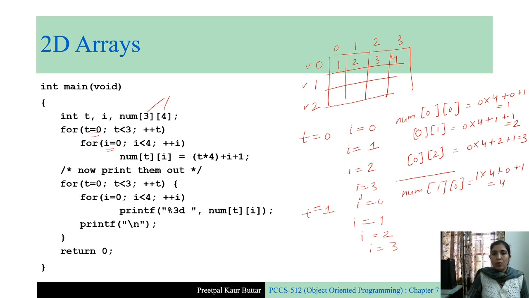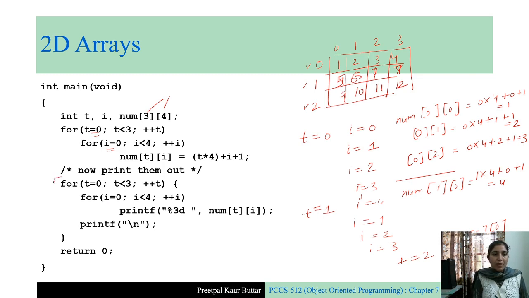So it will be equal to 5. So 5, 6, 7, 8, in this way these values will be filled. Okay. Then t will become 2. Then num[2][0] will be calculated. So it will be equal to 2 into 4 plus 0 plus 1, that is 9. And here 9, 10, 11, 12. In this way, this loop is working.